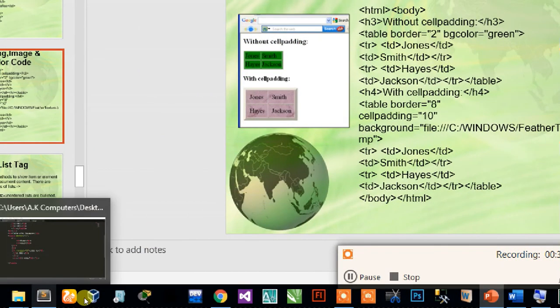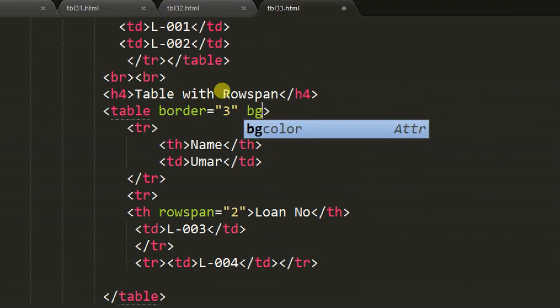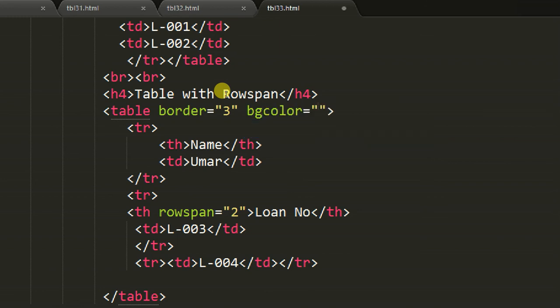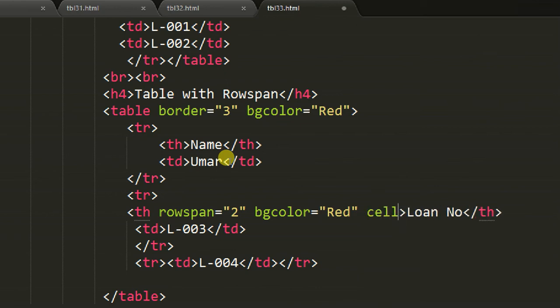How to use this? Now I am using it in the same lecture here. BG color, background color is for example red. Okay, and here we want to use background color blue or red, same. You can see the difference in how to use this. And we want to insert here